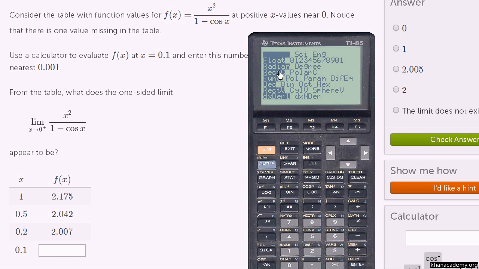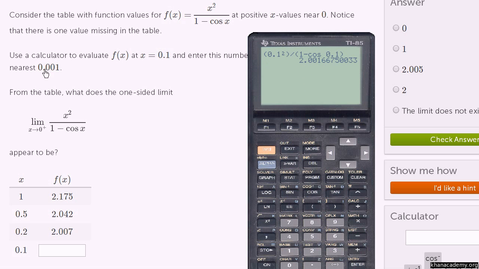So I am in radian mode. And so let me evaluate it. So I'm going to have 0.1 squared divided by 1 minus cosine of 0.1. And this gets me